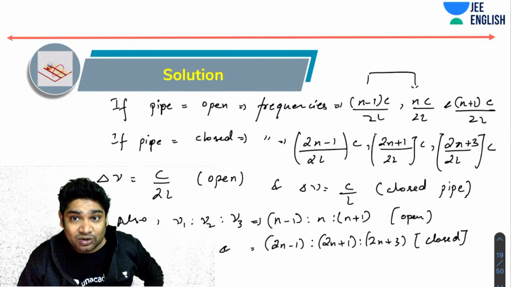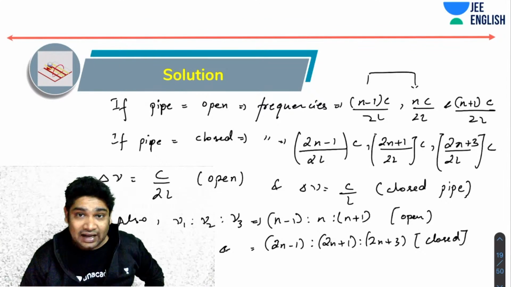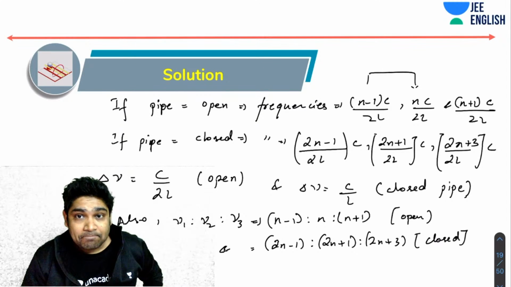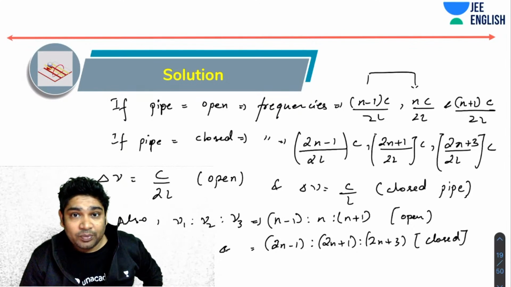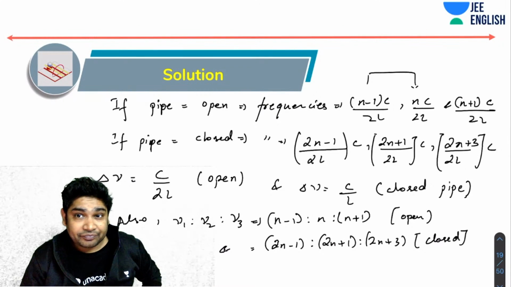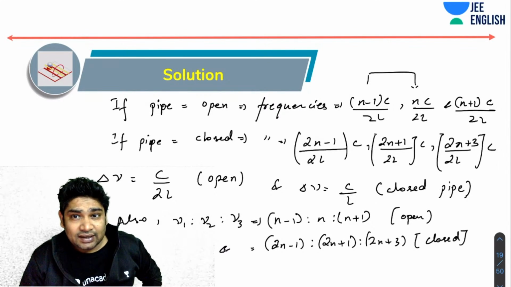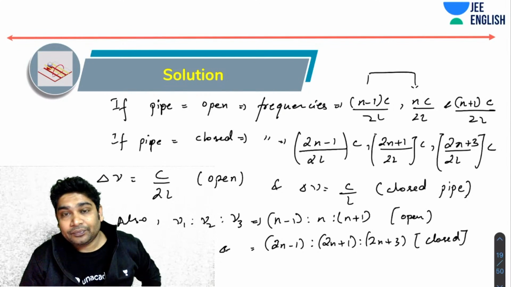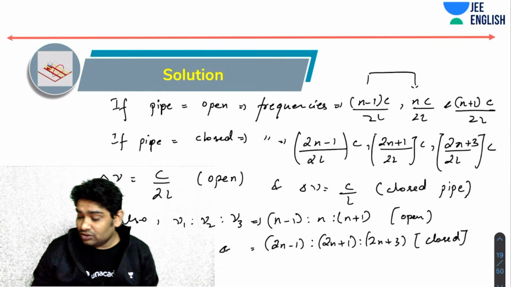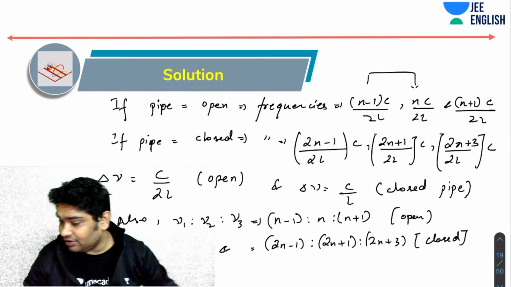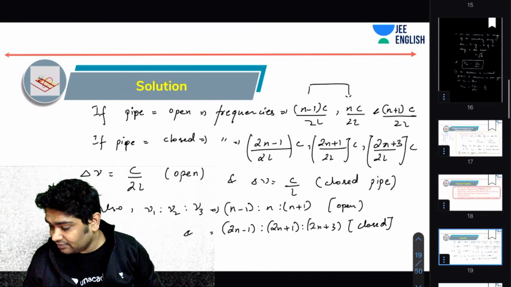Once I can figure out which kind of pipe it is, then I know the fundamental frequency. If it is an open pipe, then the frequency difference between any first two would be equal to the fundamental frequency, and if it is a closed pipe, then the difference would be four times the fundamental frequency, right? Okay, so let's try and find the ratio of the given frequencies.